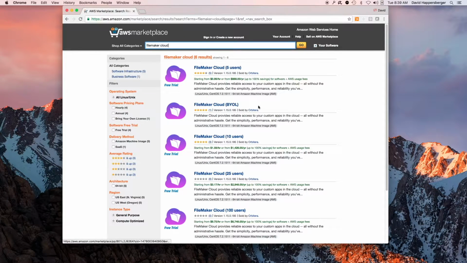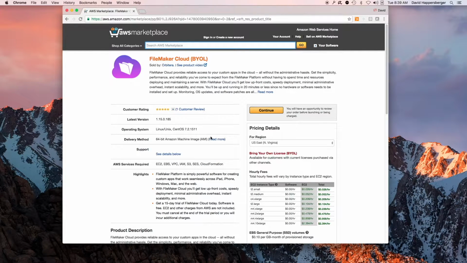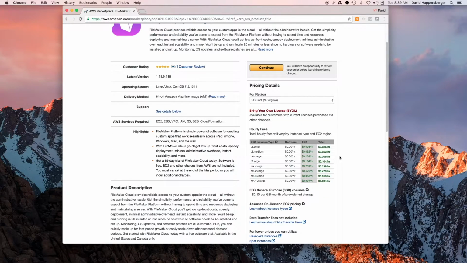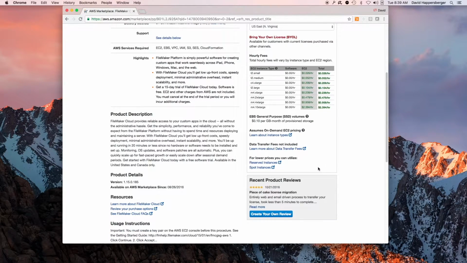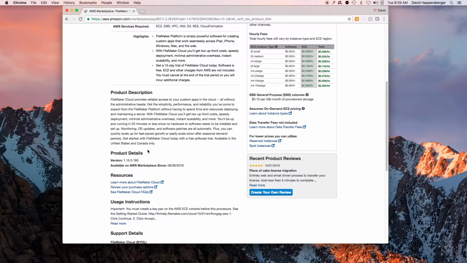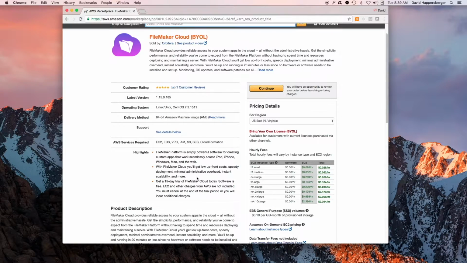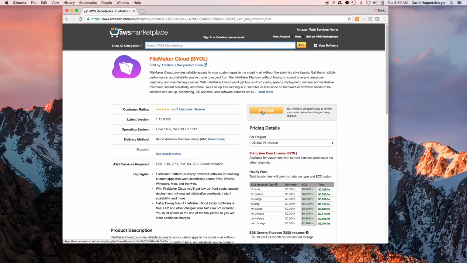Here you'll find the 5 different options that you have. For the purpose of this demo, I already have a license key, so I'm going to be doing the Bring Your Own License, BYOL. So I'll click on this, and from here you can review the product. The main things to highlight are the different instances that you can spin up, and we will be selecting that later down the line here, but there's also product details, usage instructions, frequently asked questions, and so on and so forth. So from here, you'll hit continue.